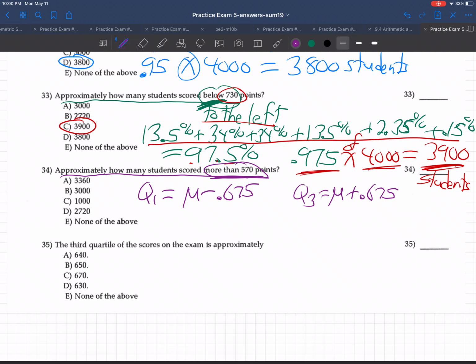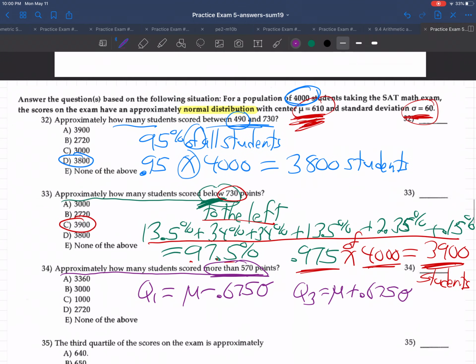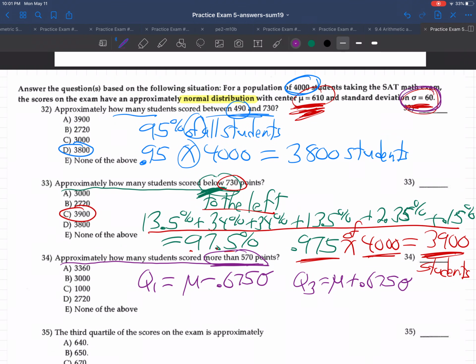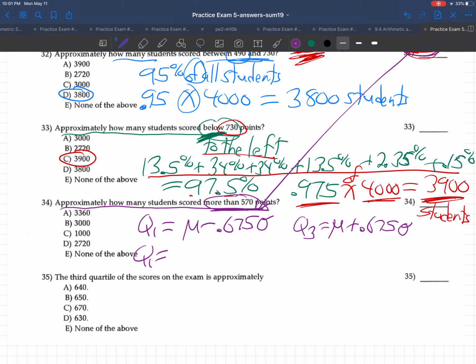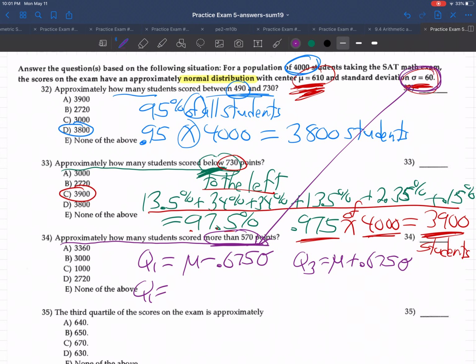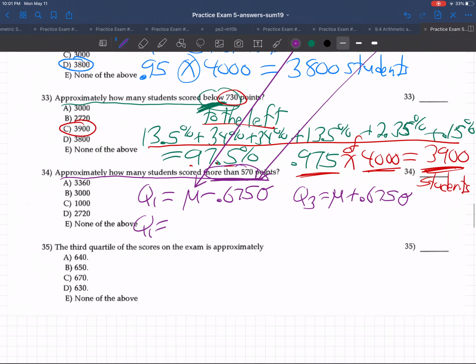I hope I'm not confusing with this little symbol at the back here. It's not a 0, it's a sigma. So it's this thing. So let's try it out. Let's bring this down right there. Let's find out what Q1 is. In mu, they gave us mu right here, 610 right there. They gave us that mu, and there's sigma. So that means 610 minus